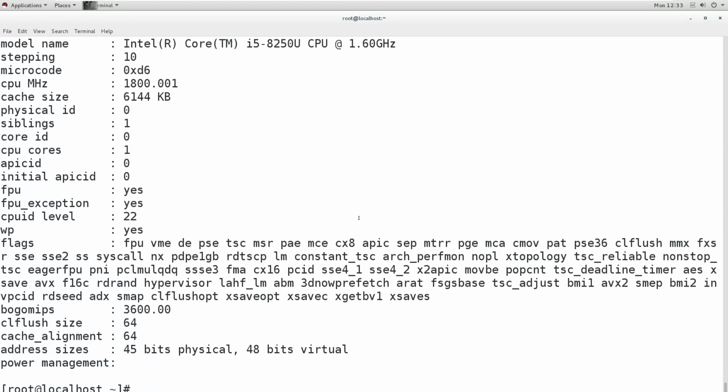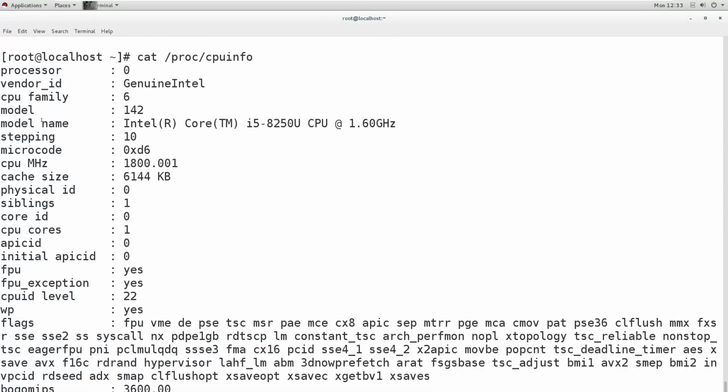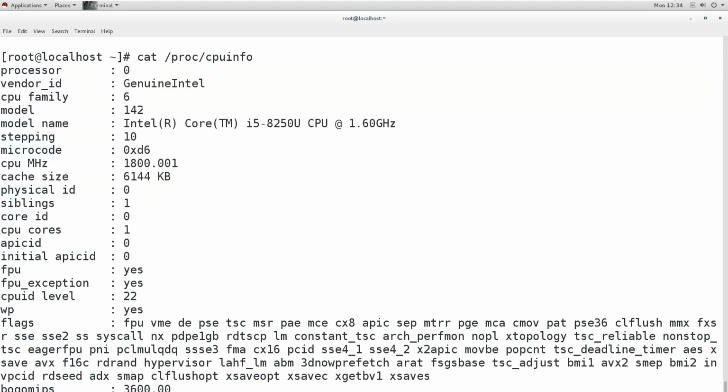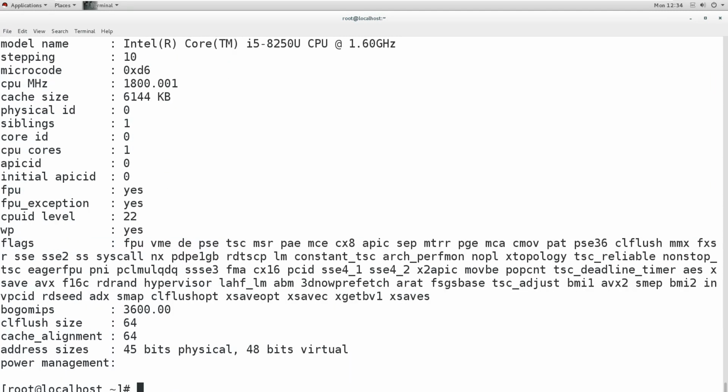When you go to the file, you will see the whole information about your processor: the processor vendor, company, model name, and all that. It shows all the information, and here in the flags segment, it shows what technologies it supports.